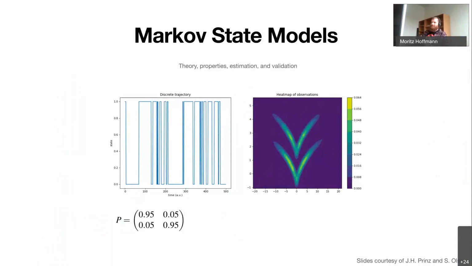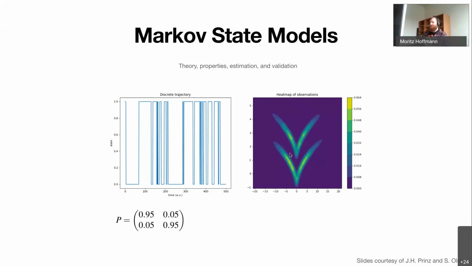You would have a discrete trajectory here on the left-hand side, which jumps between two states, 1 and 0. This is what we would call a discrete trajectory, or in short, a D-traj. You will stumble across that word later multiple times. And you could describe such a discrete trajectory with a probability transition matrix, such as here below. I'll explain later more what this is, and such a discrete trajectory could also be realized in your continuous space,